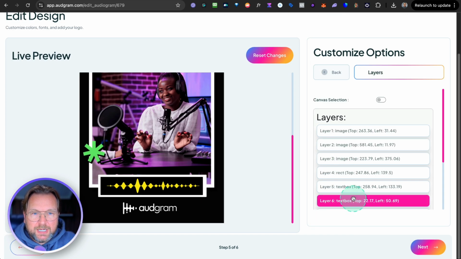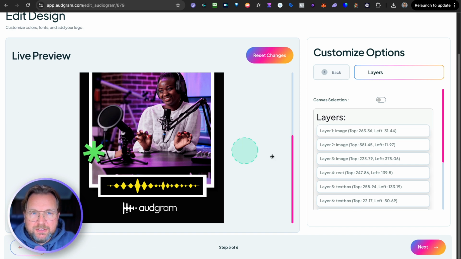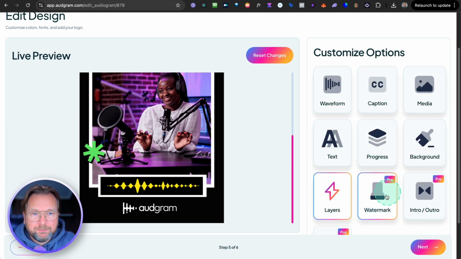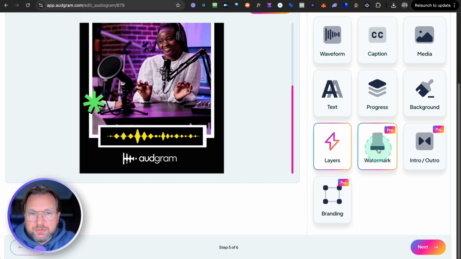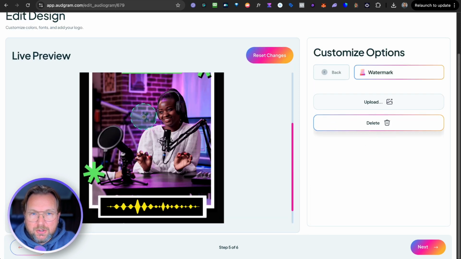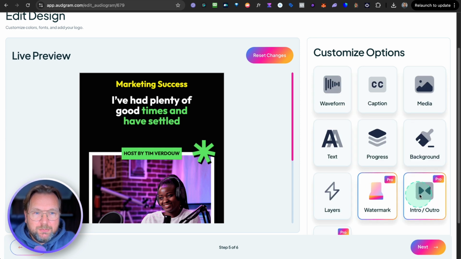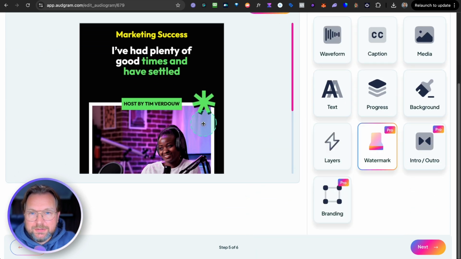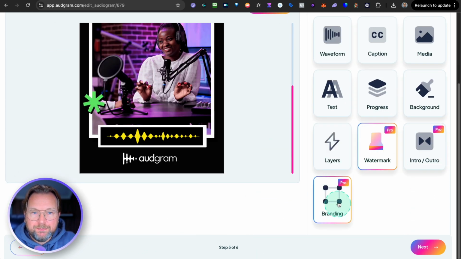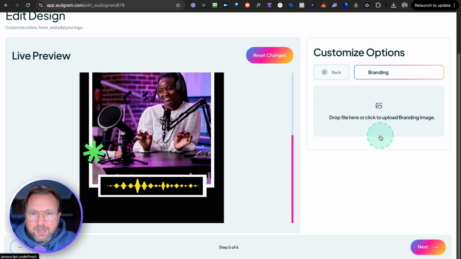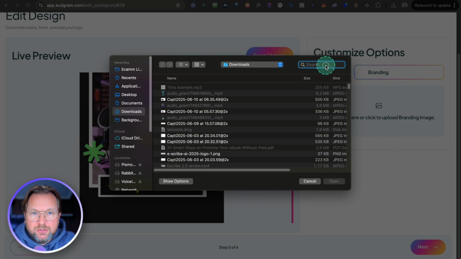Also layers, if you like to move layers here, basically these are all layers. You can move that in here. And also one of the pro options is to add a watermark on top of your video. You can upload a watermark here. The same thing for your branding. So right now the branding is AudGram, but you can remove this AudGram branding and you can upload your own branding. So in this case, I could do my signature